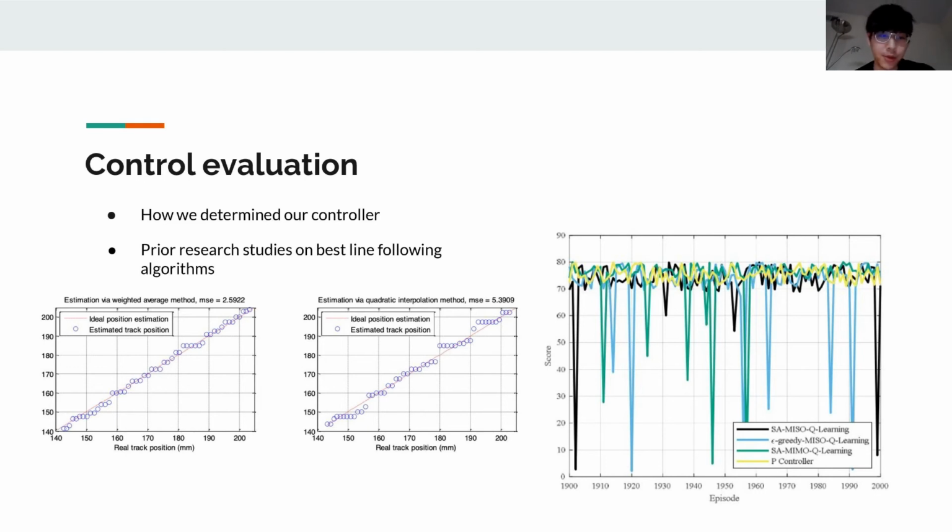So in our initial research, we looked at possible controller options to best fit our design capabilities, and we evaluated the performance of each option. We first chose a wide variety of control methods, ranging from data-based to more traditional, in order to compare benefits and downfalls of each. To numerically assess, we took a look at previously conducted research on line following simulations, where